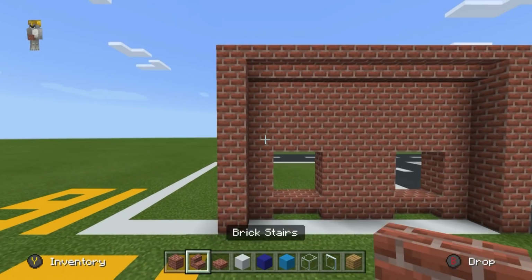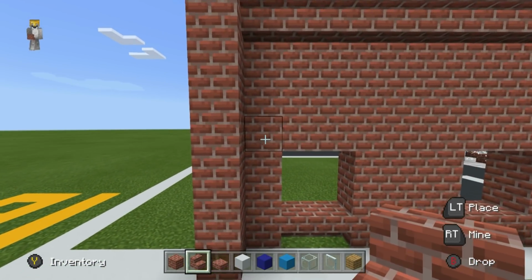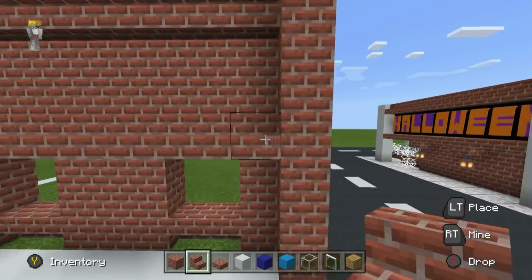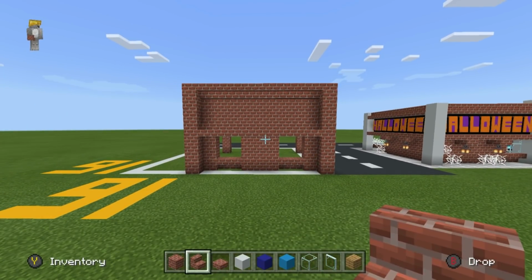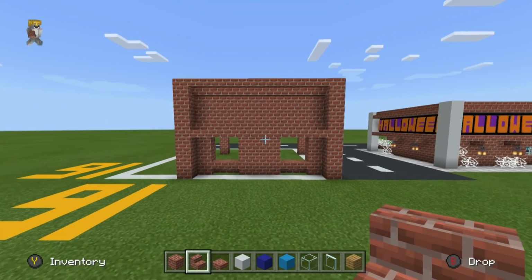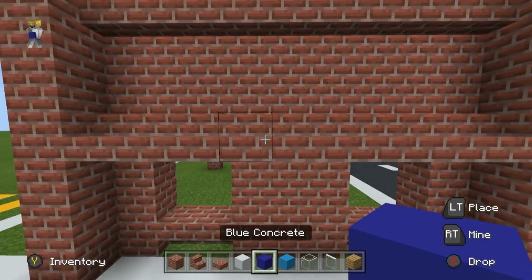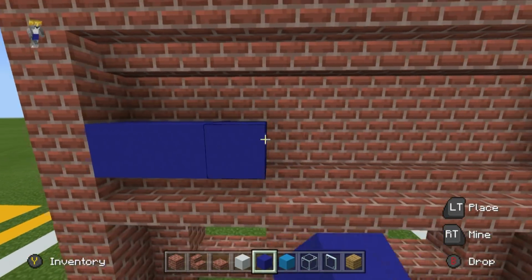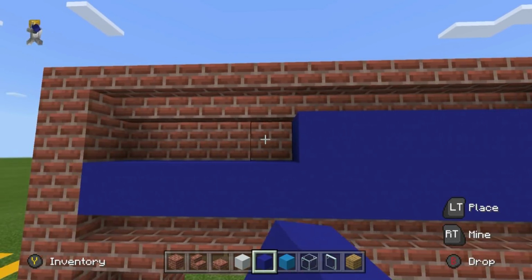We want to use our brick stairs, and we want to, above where we have the windows, place a regular row of brick stairs extending left to right to just make the back of this build look a little bit nicer. If you want, you can place a bit of blue concrete or white concrete in between this top 2 layers of bricks,